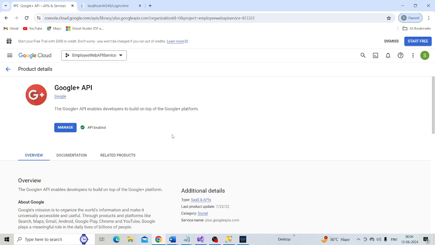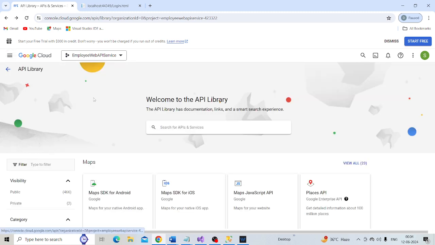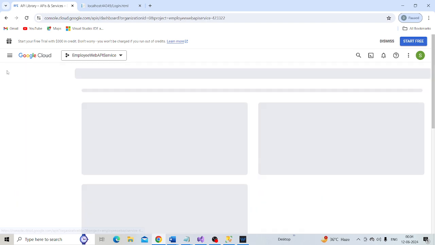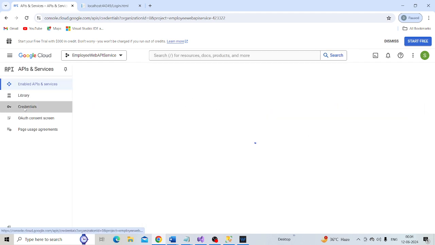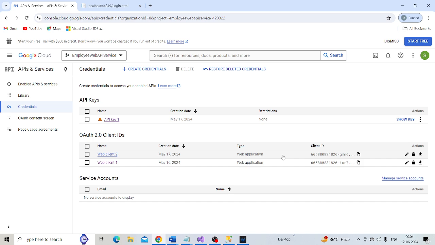So these are all the steps to register our application with Google. Now let's see what we need to do from the web API service side to use Google authentication.